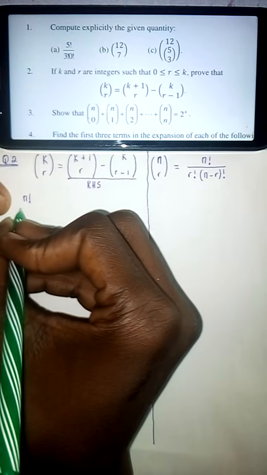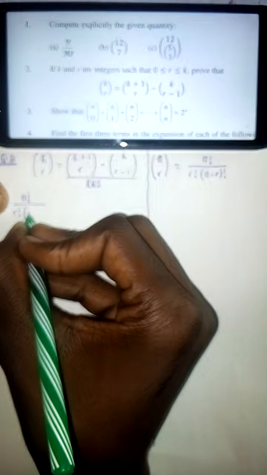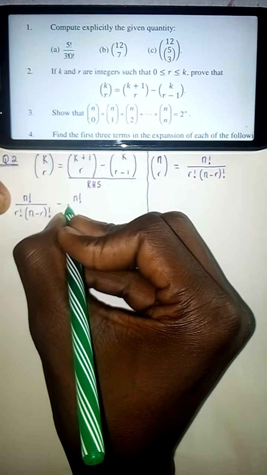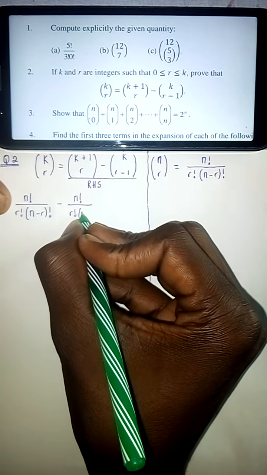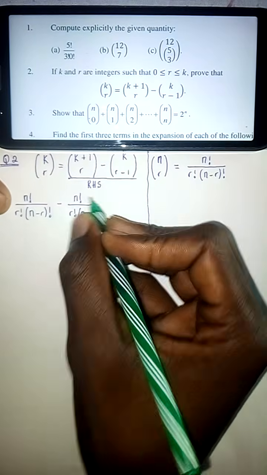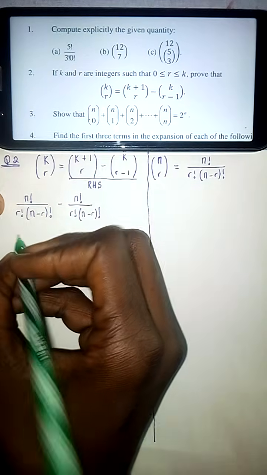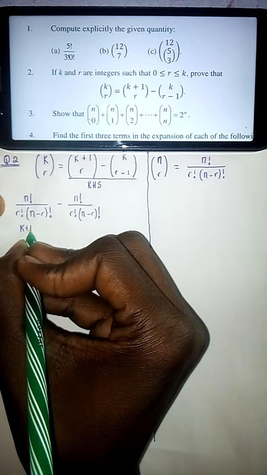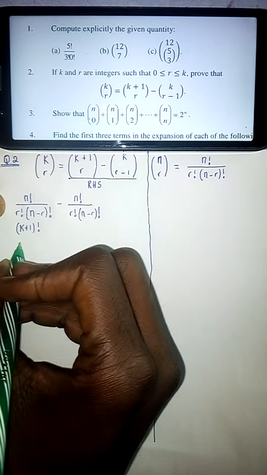So n over r combination, r factorial, n minus r. Yes, so now we are on this part. What is our n? Well, our n is simply k plus 1. So our n is k plus what? Plus 1 factorial, right? Yes,